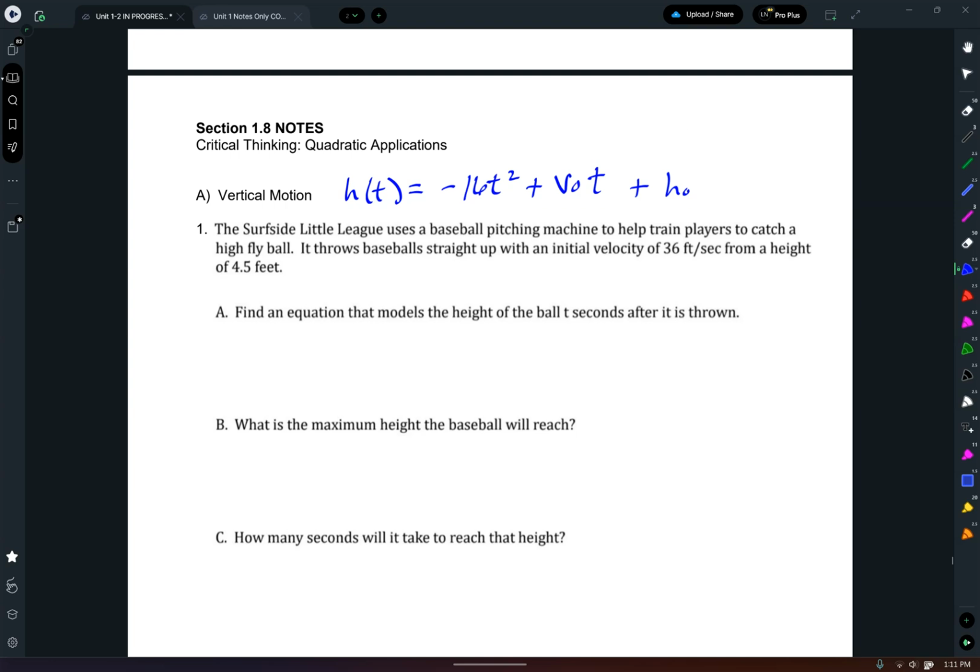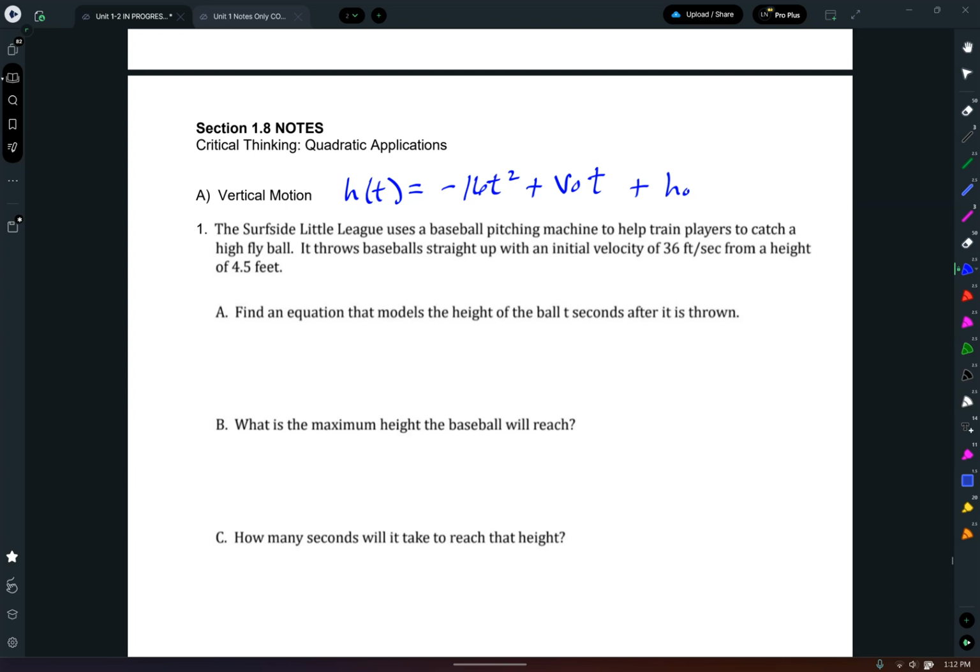This is section 1.8 in pre-calculus, and this is where we get into the applications of some of the different types of equations. We'll probably focus mostly on quadratic equations, those equations that have square terms in them in particular. Okay, so before we get into this specific example, you'll notice that I have an equation written down here,